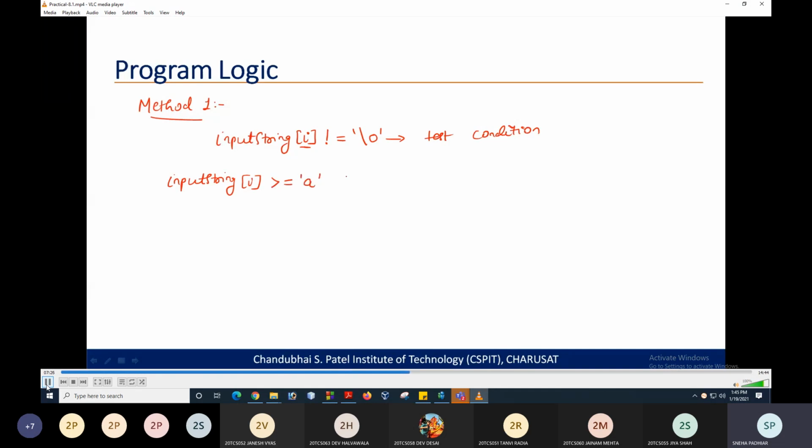Okay, so that will be the first thing, and it should be less or equal to Z. So here we are directly comparing the characters. So this will be less or equal to Z. Okay, now the input string can be